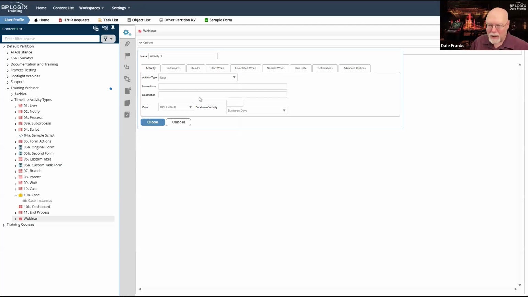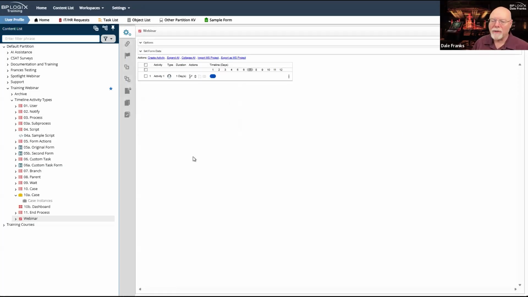For all timeline activity types, no matter what type they are, you have to set up dependencies on them. When I create an activity, by default, it's just going to start whenever the timeline starts. So if I drop two activities on here, like I've just done, then both activities will start immediately when the process timeline starts. So we need to set up a dependency between our activities so that they happen sequentially.